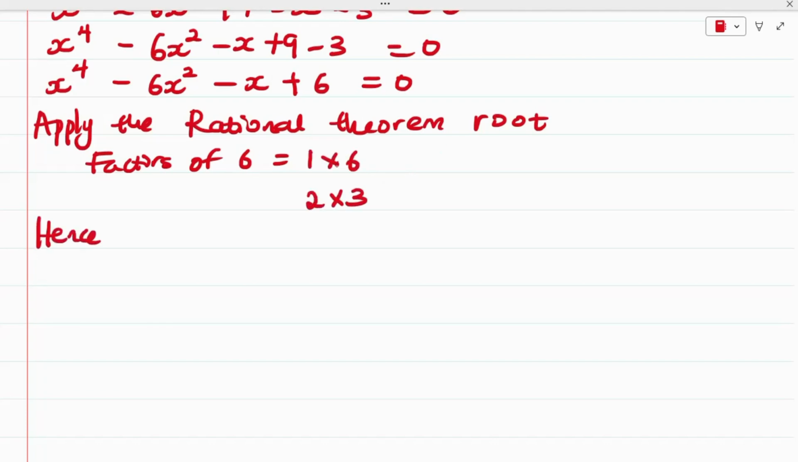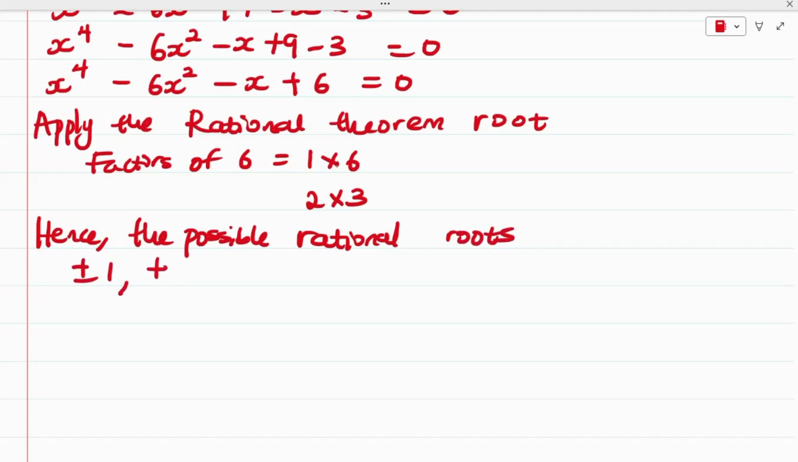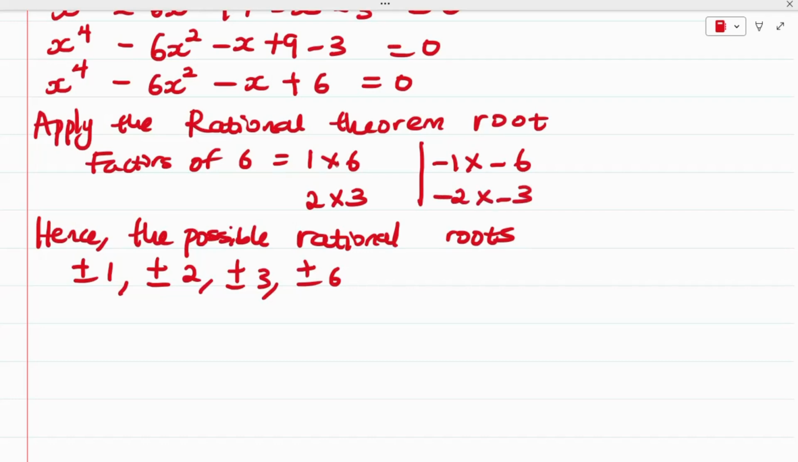So hence, we can say that the possible rational roots are plus minus 1, plus minus 2, plus minus 3, and plus minus 6, because this can also be multiplied as minus 1 multiplied by minus 6, minus 2 multiplied by minus 3. Okay, so that is how we have plus minus 1 and the rest. So we want to simply test the possible roots to check which of these is going to be equal to 0. So starting with x equals 1,